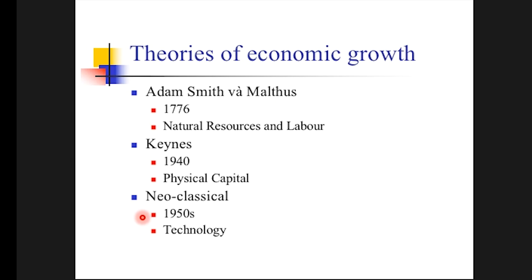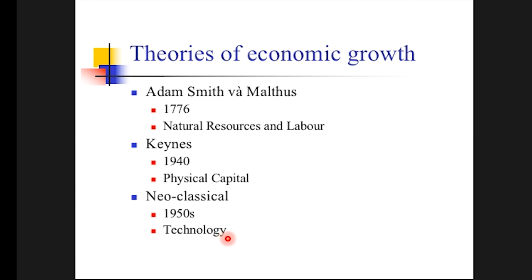The reason is that they focused on technology to increase the added value of production. So when they have high added value, they will have high GDP as well. The next theory is the neoclassical theory, and they say that technology is the main